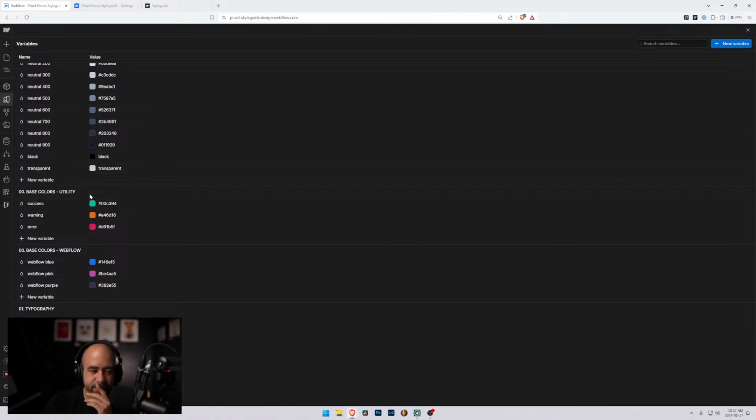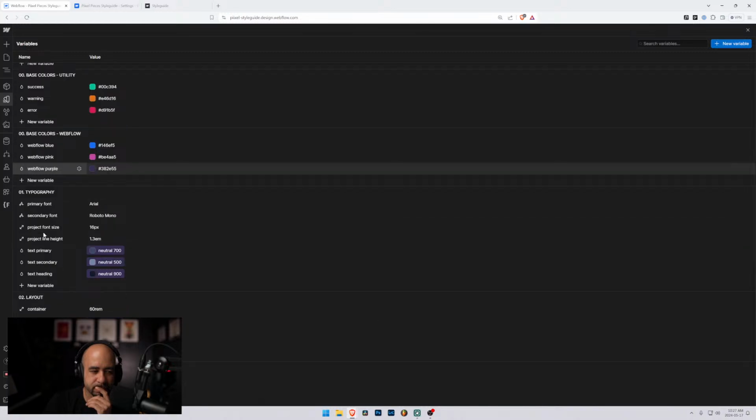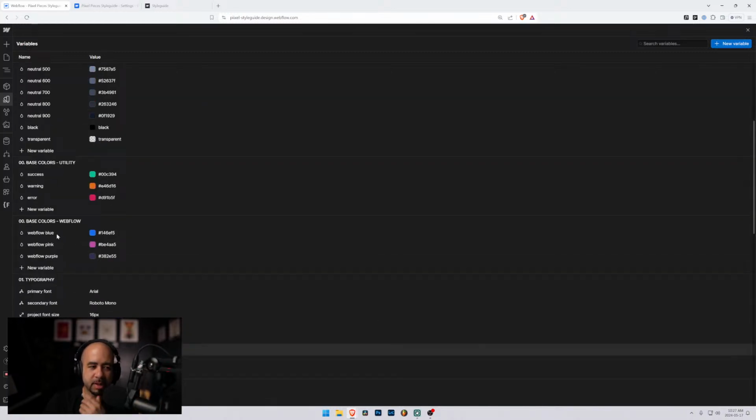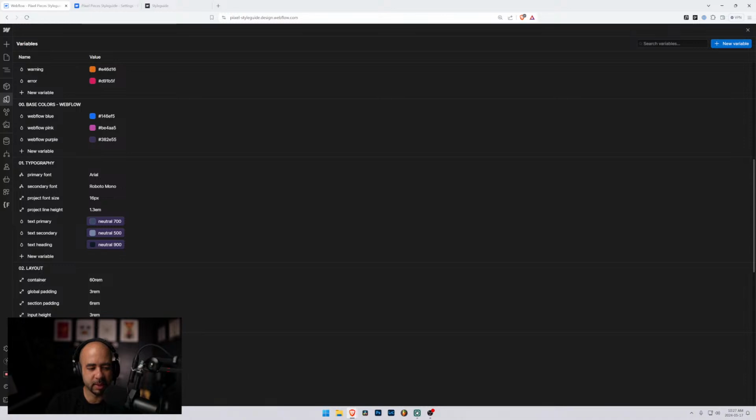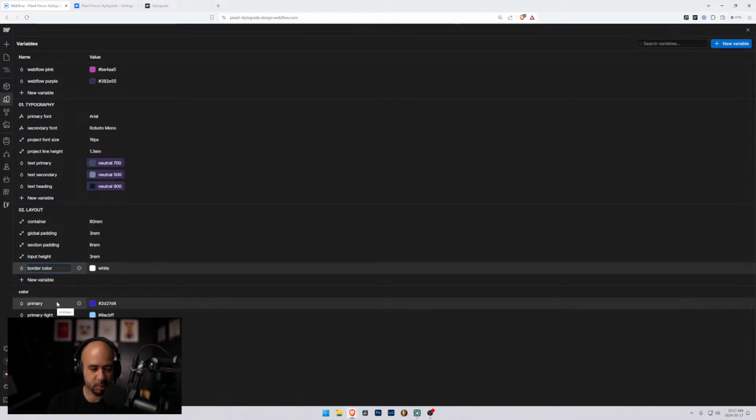I don't know where it'd be, under typography, or we'll put it just here for now. Where should it go? Should it just go under layout? Maybe it should go under layout. We'll say, all right, border color. Oh my goodness, stupid keyboard. Border color,